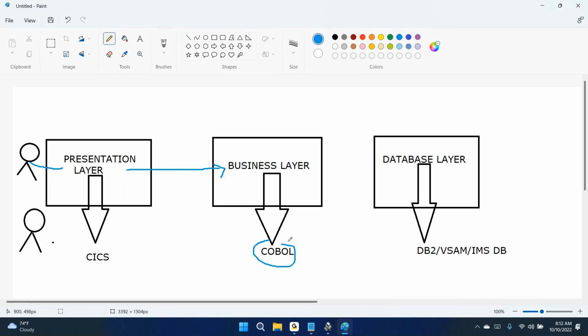Let's say the user has entered a user ID and password. COBOL can validate whether both fields are blank. If the user ID is blank, then COBOL itself can return a result back to the end user stating that the username is blank, the password is blank, both are blank. That can be possible, right? Without entering the credentials, you might click the proceed button. So COBOL can do